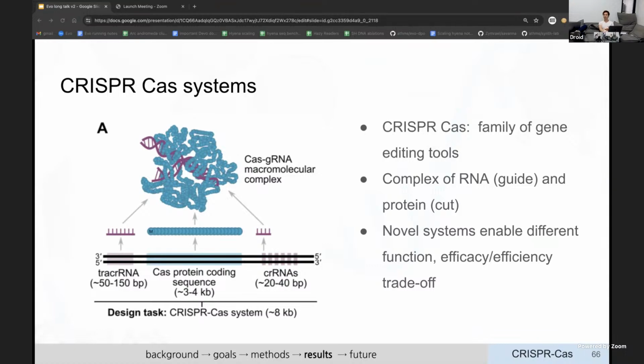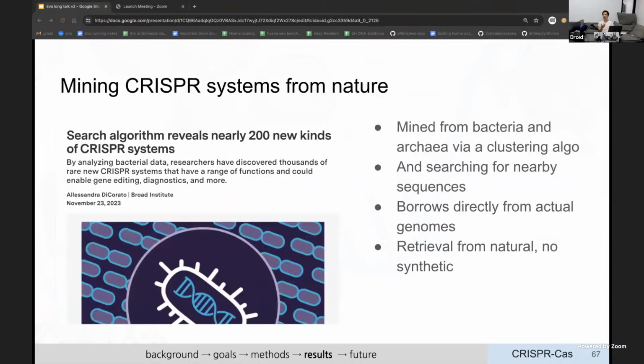And the idea is, we have CRISPR-Cas from Jennifer Doudna, who won the Nobel Prize for this. But it turns out it's just one of a family of types of CRISPR-Cas systems with different functions, different modalities that they work on, different efficiencies and trade-offs in efficacy. And so we want to be able to discover new ones or create new ones synthetically, so that we can have more gene editing tools. And this is a paper last year that specifically tried to do this.